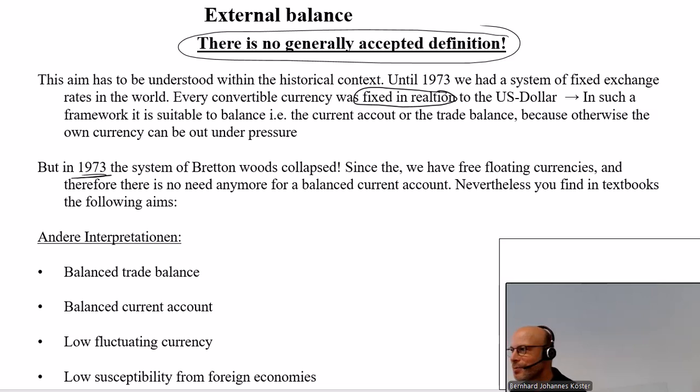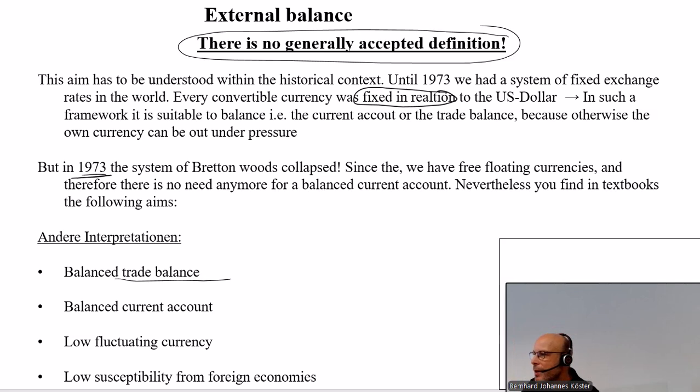What does it mean just to print money? Think about your system of the four aims. This creates inflation. And in order that you do not have to buy the foreign currency, within a regime of fixed exchange rate, it would be a good idea that more or less exports and imports would match. So in this framework, there's a reason for a balanced trade balance.